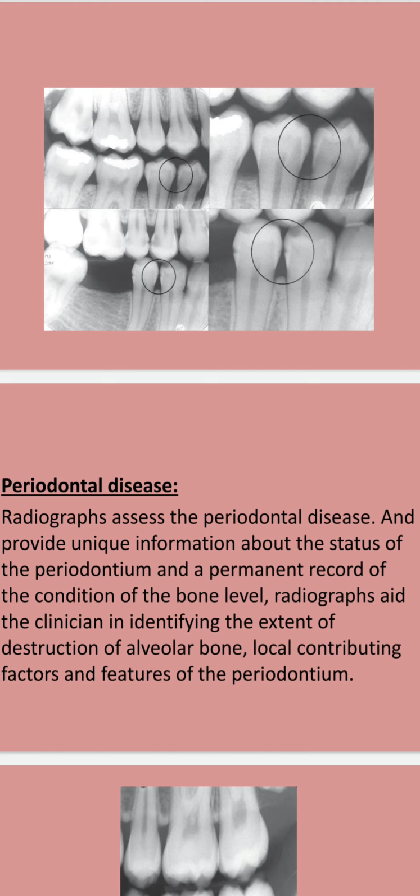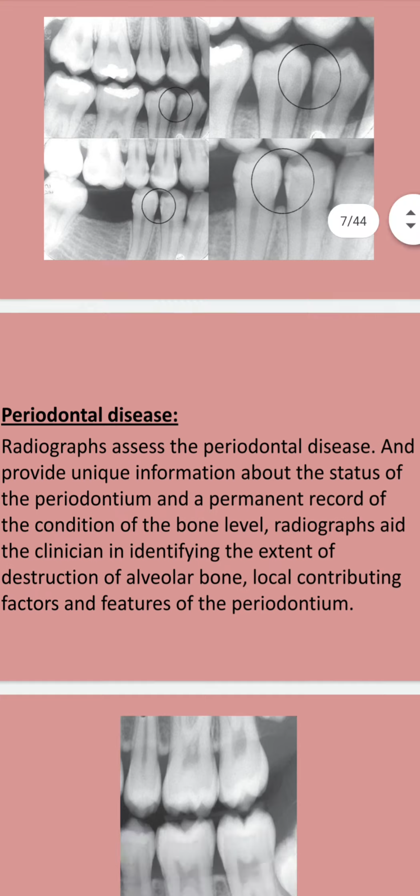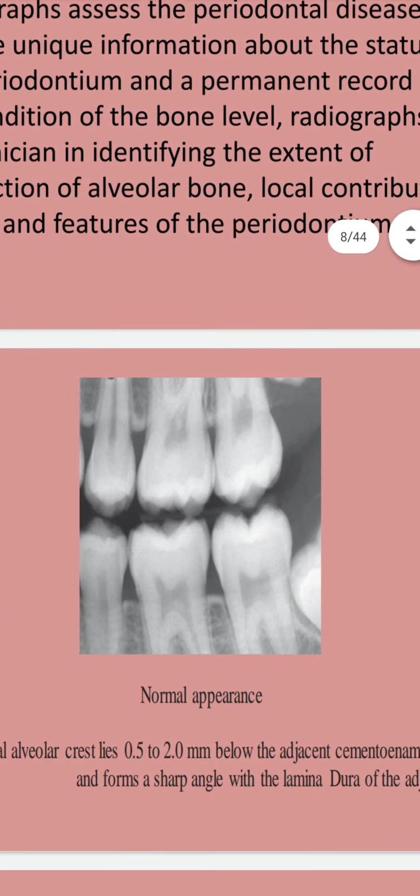Radiographs aid the clinician in identifying the extent of destruction of alveolar bone, local contributing factors, and features of the periodontium. As we see in this radiograph, this is the normal appearance of interproximal bone, located about 0.5 to 2 mm below the cemento-enamel junction of the tooth, and it has a compact bone continued with the lamina dura of the